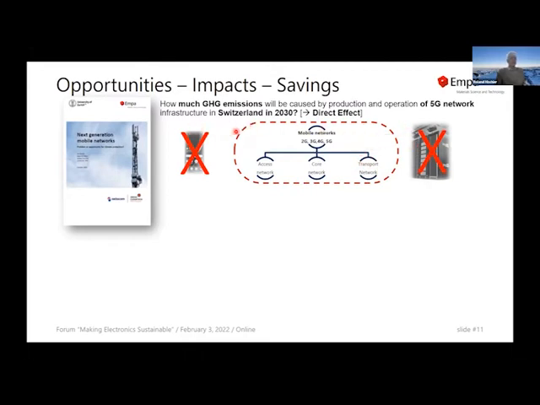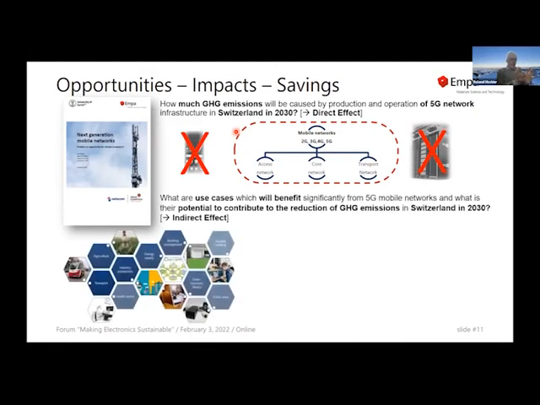We were not looking at the mobile phones of the users, but just at the network itself. Swisscom was one of our collaboration partners, so we really had access to direct data from the network that they are currently establishing. In the second part of the study, we were looking at different use cases and the potential that they bring